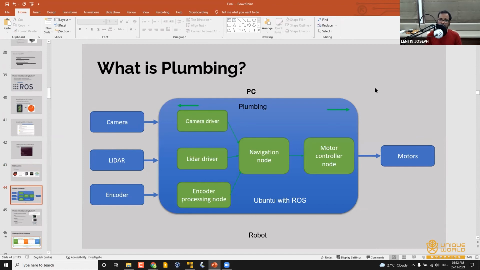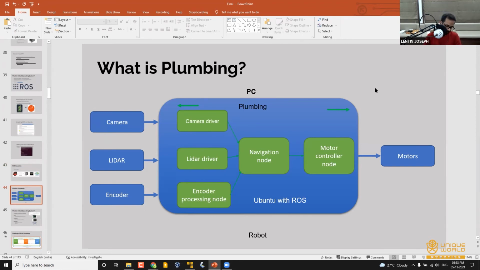So if you're creating a complex robot, like we have seen earlier in the slide, the robot will have a computer, and on the computer there may be some operating system installed. Imagine it's an Ubuntu operating system. You are writing some programs.